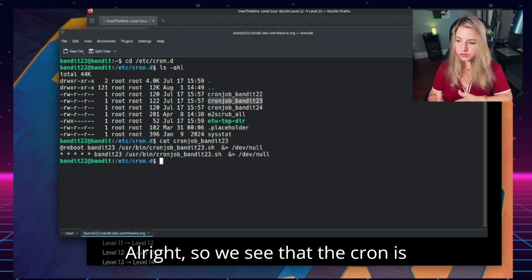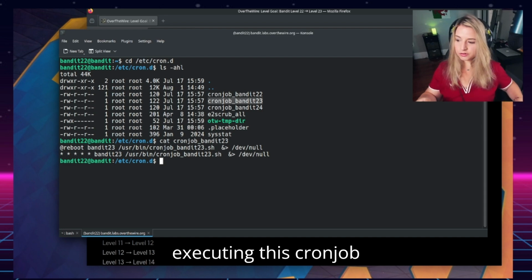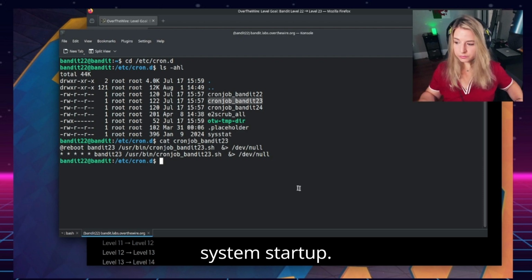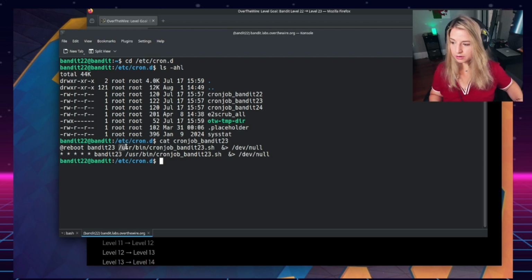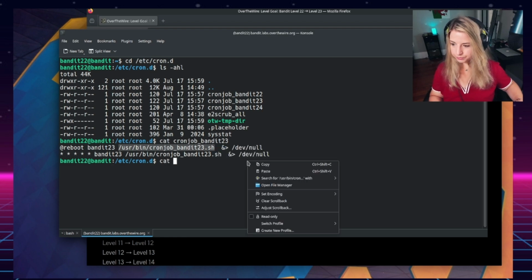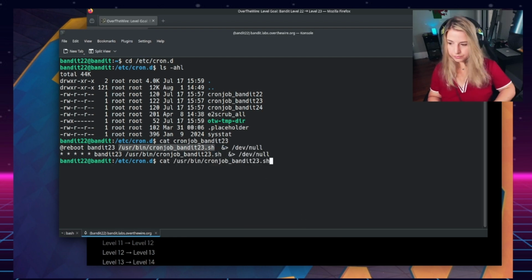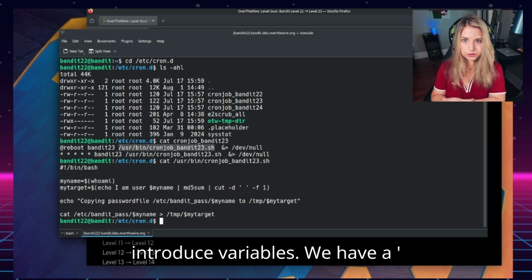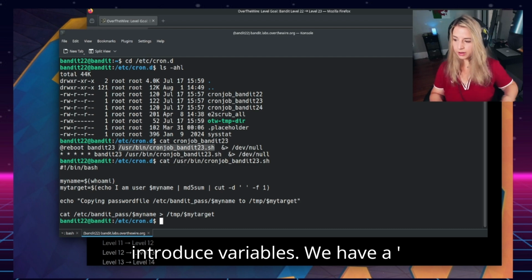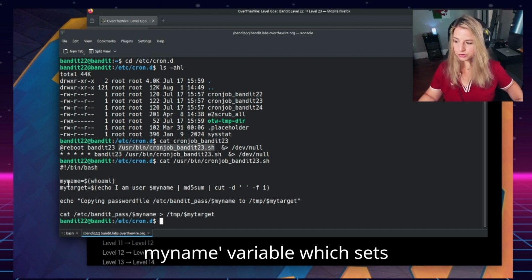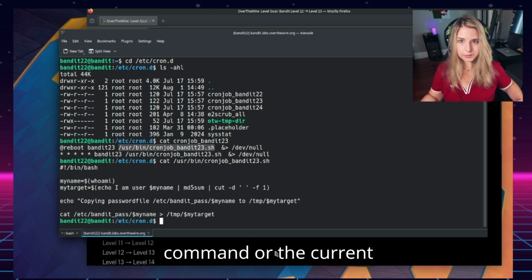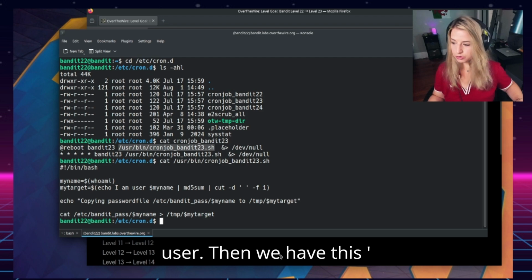Alright, so we see that the cron is executing this cronjob_bandit23 bash script at system startup. Let's take a look at the contents of the bash script as well. Okay, in the bash script, we're starting to introduce variables. So we have a myname variable, which sets the variable to the output of the whoami command, or the current user.